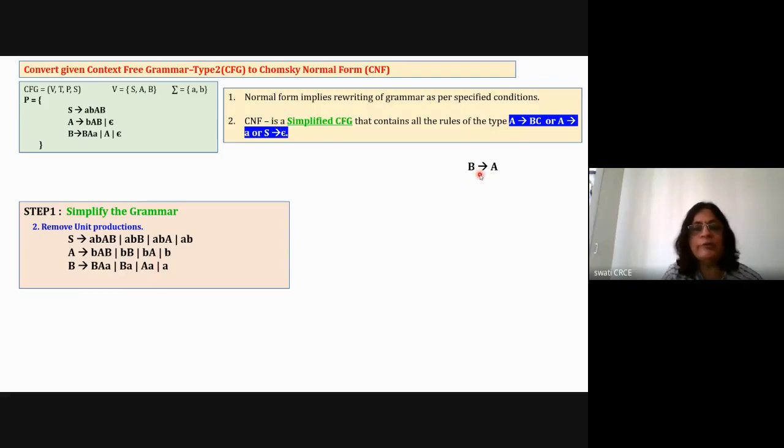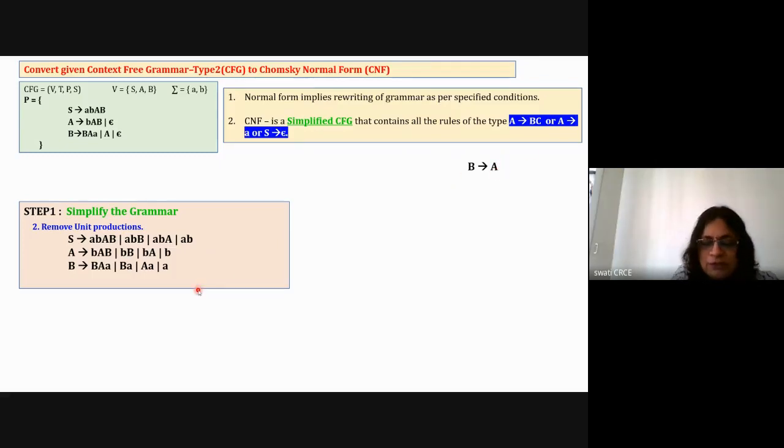So with this removal, what will be the change that I have to do? Look at this particular rule. What this rule means is that B is equal to A, means B generates A. That means whatever is the value of A is assigned to B, means B can generate that. So A generates BAB. So we say that B generates A and A generates BAB. That means B can generate BAB, or B can generate BB, or B can generate BA, or B can generate small b. So the meaning is that. B is equal to A means whatever is there in A is assigned to B.